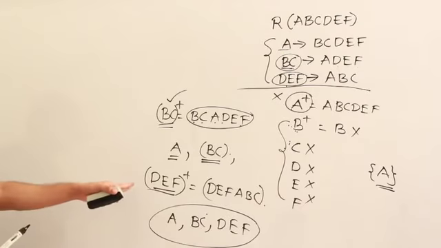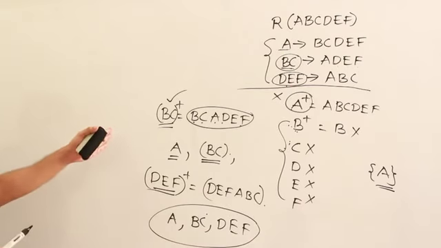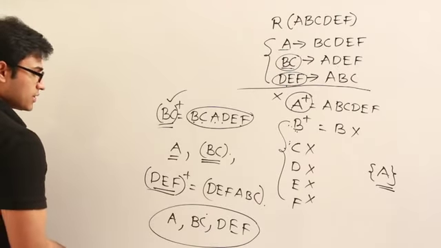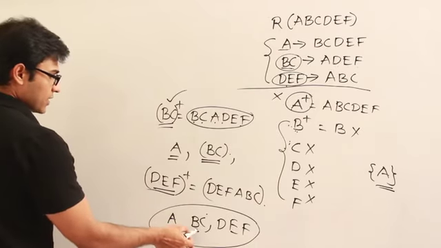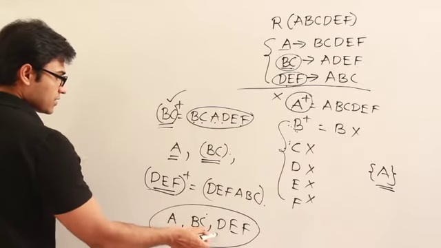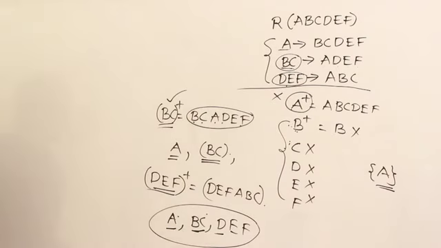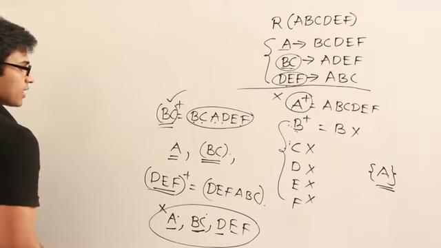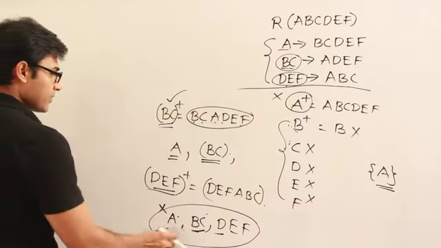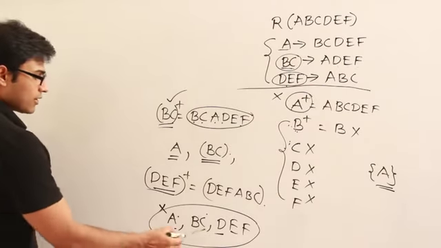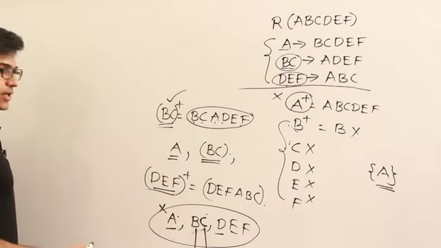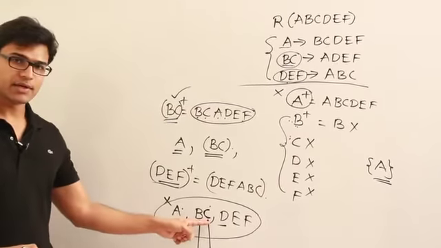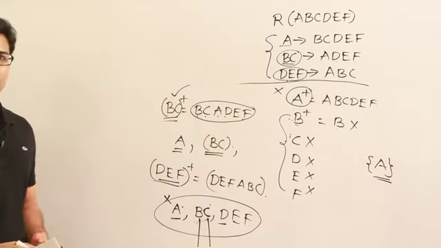Now I want to go and test if I can find any candidate key with 4 attributes. If I have to make a candidate key with 4 attributes, either I have to include this and then include something from this and something from this, or I have to include this and this. But once I include A, it will become a super key. Therefore you cannot use this one. And you cannot use BC completely in order to make those 4 attributes. You can either use B or you can use C. Are you following it? You cannot use A completely and you cannot use BC completely. Either you can use B or you can use C.